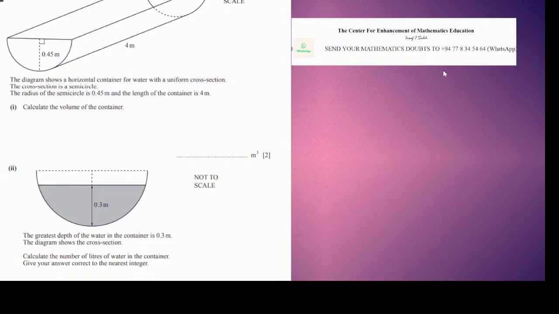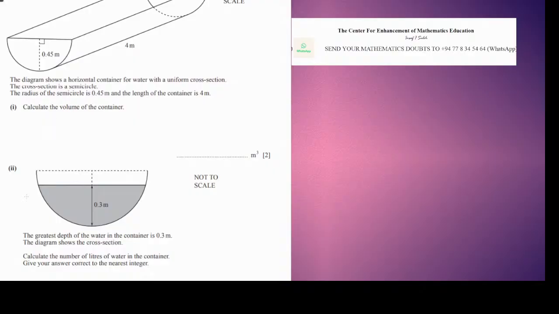Alright, so let's see what the question is. You have been told the greatest depth of water in the container is 0.3 meters. The diagram shows the cross section. Calculate the number of liters of water in the container. Alright, so the very first thing that you got to